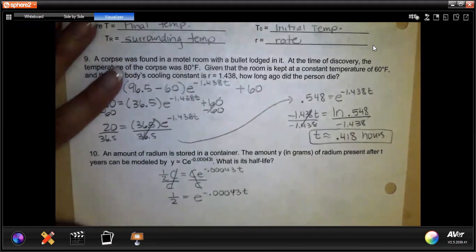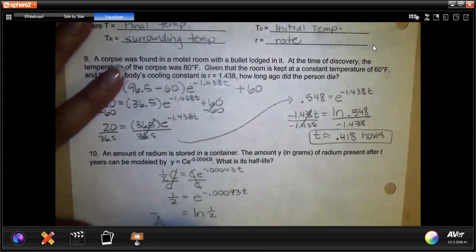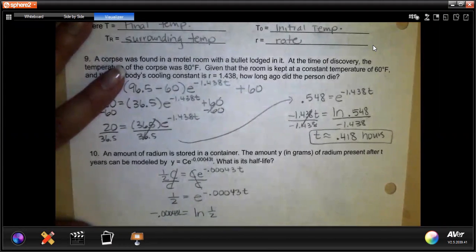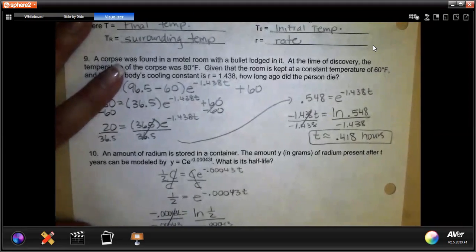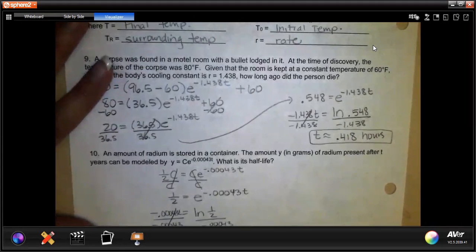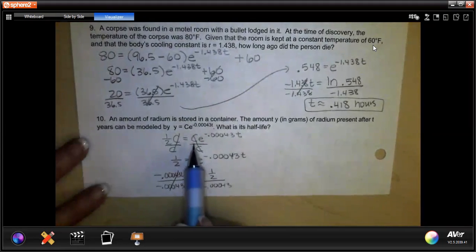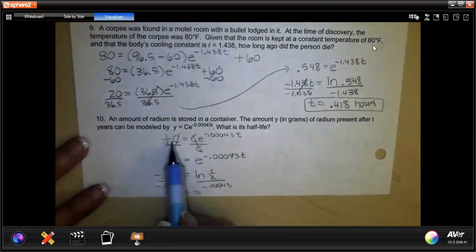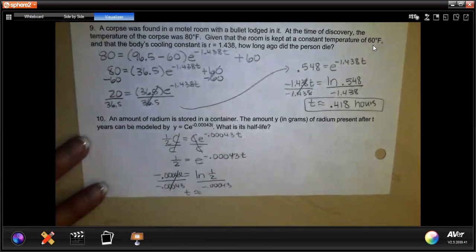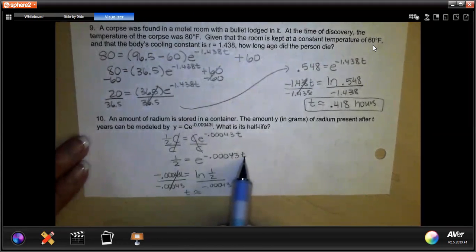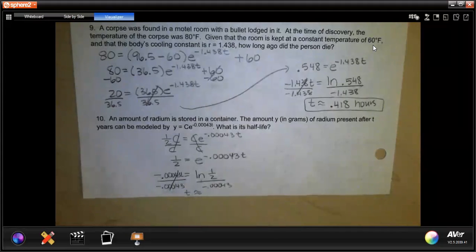Now we're ready to convert it to a log. So I drop the base. That gives me a natural log of 1/2 is equal to negative 0.00043t. And my last step is to divide by that negative 0.00043. Sorry about that, writing pretty small here at the end to get through my paper. So we went with half of the initial amount. The initial amount was C, so we got half of C right here. We divided by the C, and it canceled out on both sides, leaving me with the only variable of t. I drop the base, and so that gives me a natural log of 1/2 is equal to this, and I'm going to divide by that negative